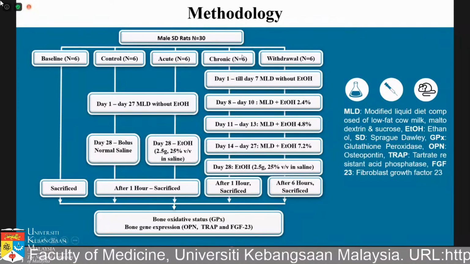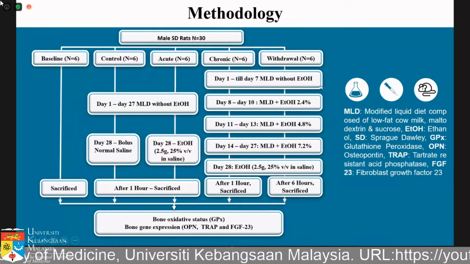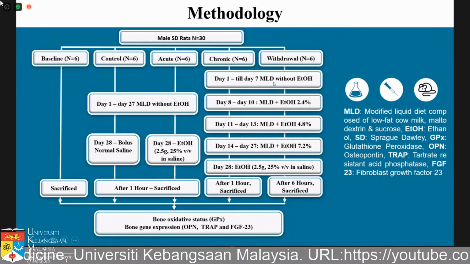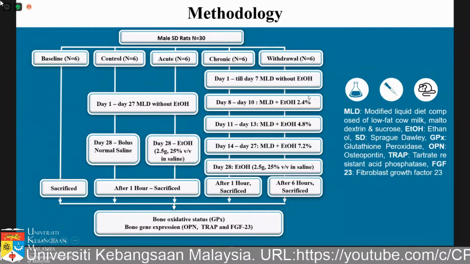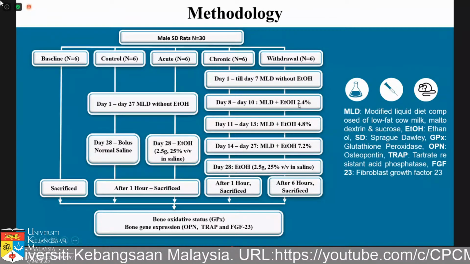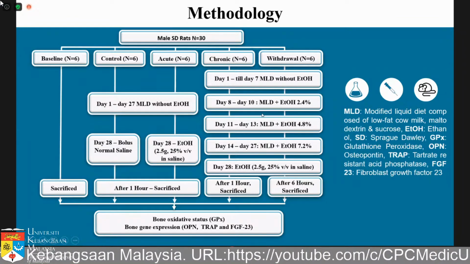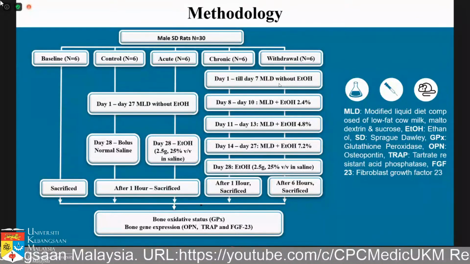Whereas for the chronic and withdrawal groups, these groups were treated with a gradual increment of ethanol concentration. From day 1 to day 7, they received MLD without ethanol. From day 8 to day 10, we introduced 2.5% ethanol. And at this time, we adjusted the MLD so that we were able to maintain isocaloric intake